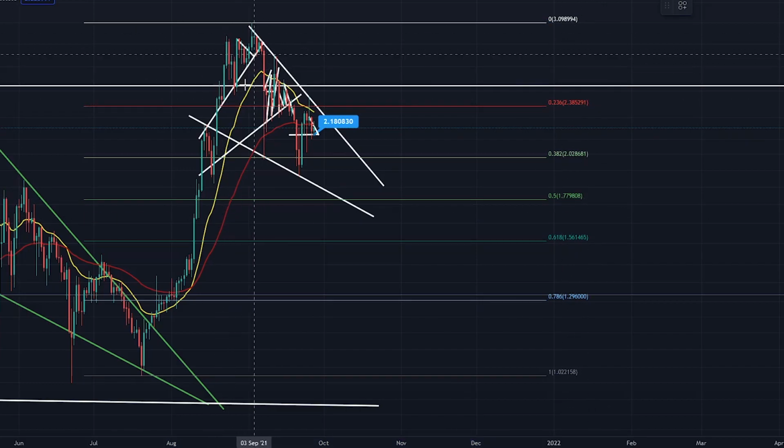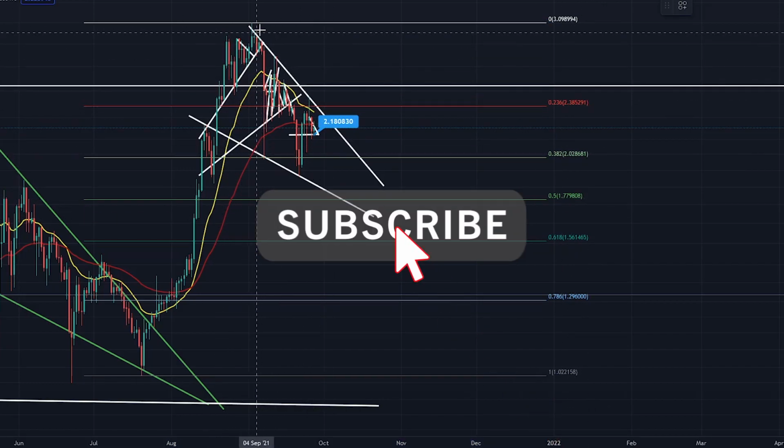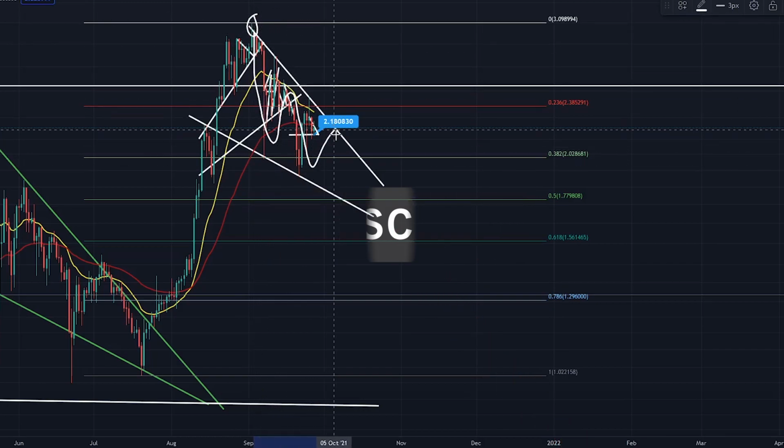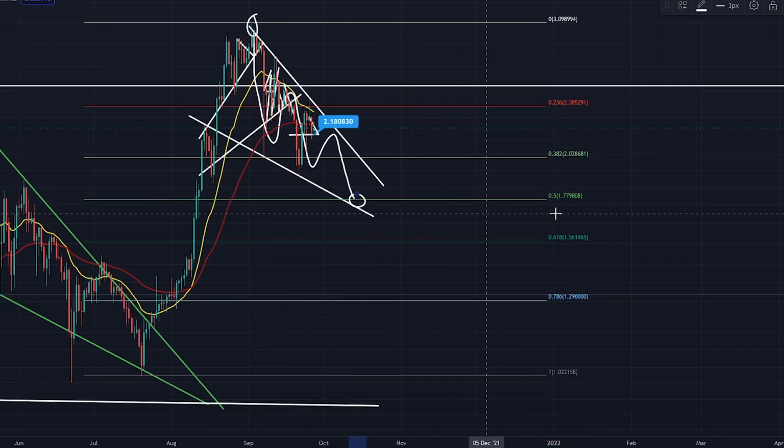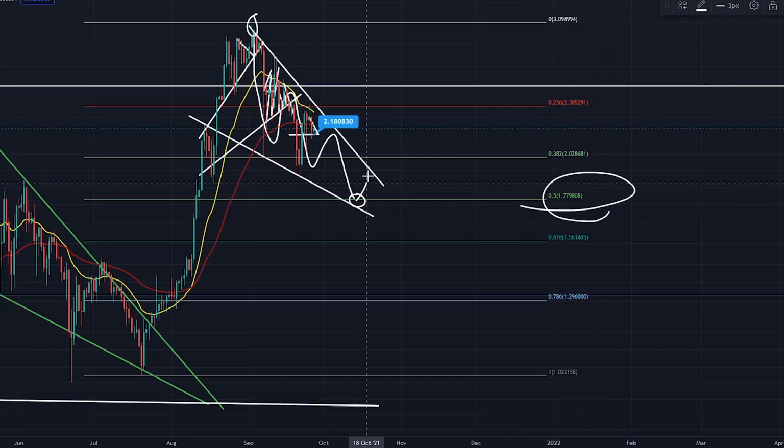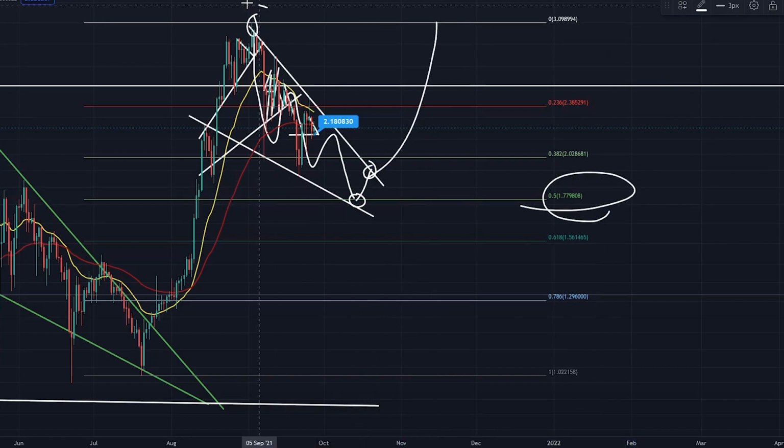I think that's where Cardano is trying to get to in these waveforms it's coming down on. So you've peaked, you're coming down, falling wedge like that. You get the bounce off there. I think you'll be fruitful putting some bids in down here for Cardano. Come up, break that level of resistance, you're going to get the retracement.